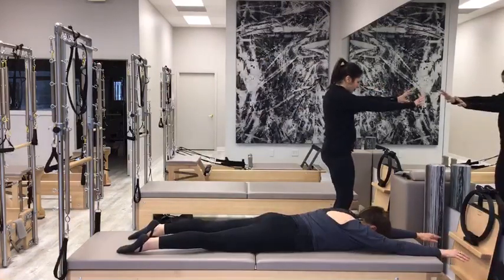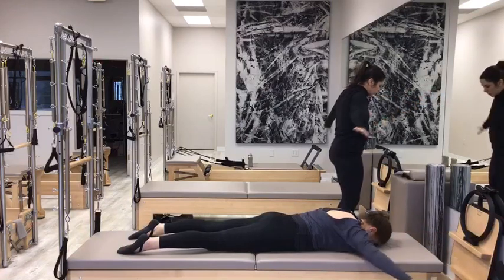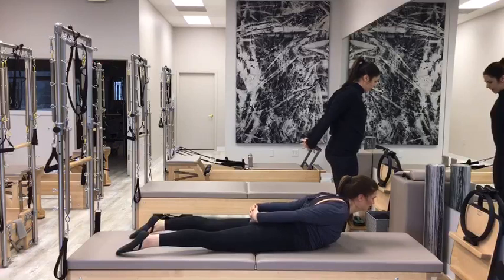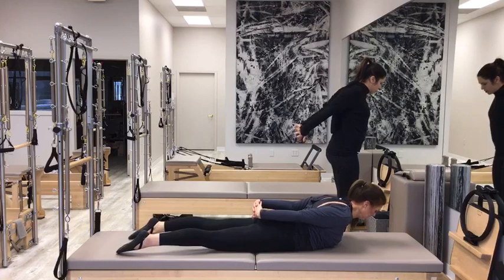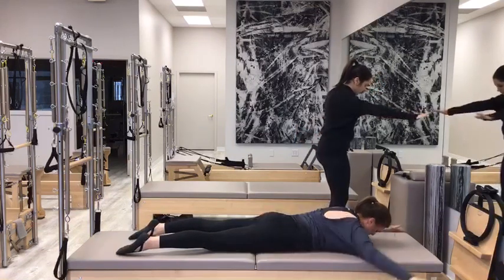We have 1 last set. Abs pull in, stretch arms out. Good, reach arms back, lift the chest. You can interlace, reach behind, and hold, hugging blades together, holding here for 5. Abs in and up for 4, in and up for 3, for 2, lowering on 1, reach out, stretch forward,